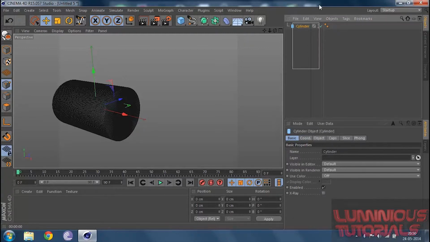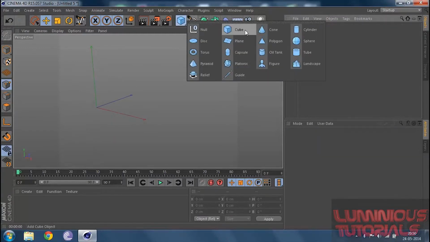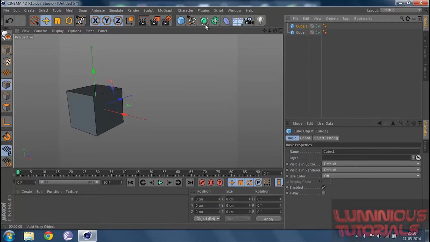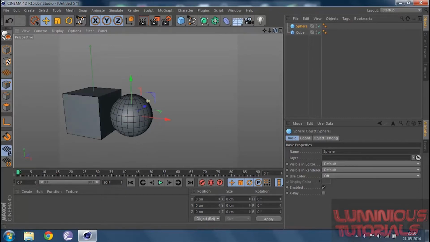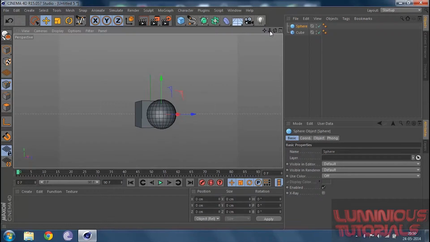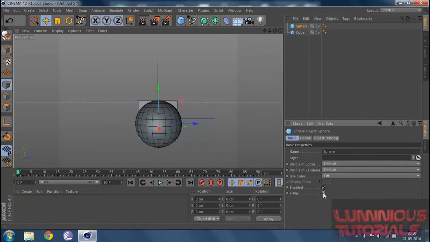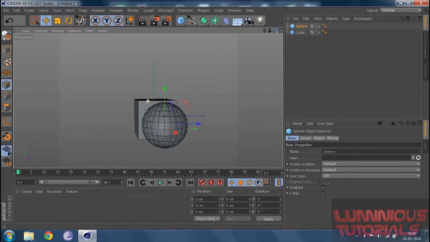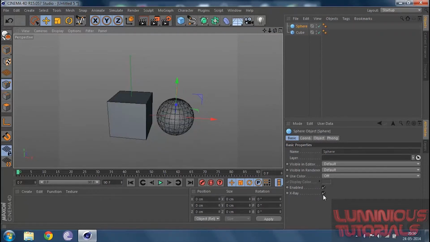And we get to the basics. We've got something called the x-ray. Let me explain to you what the x-ray is. Suppose we drop in a cube and a sphere, and I get my sphere this side. If I show you the cube in this way, I cannot see the cube. But if I click on the sphere and activate the X-ray, I can see through the sphere and I can see the entire cube. So pretty useful, right? And X-ray is a very important component in 3D modeling. A very important component, helps you a lot.